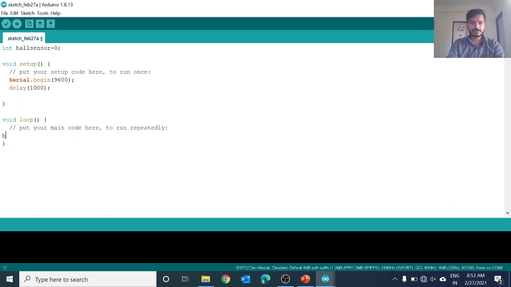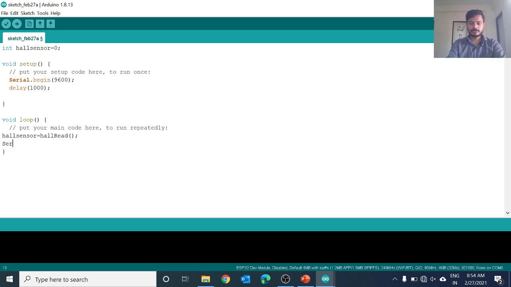So let's write here Hall sensor is equal to that function I talked about earlier, hallRead, and a semicolon.